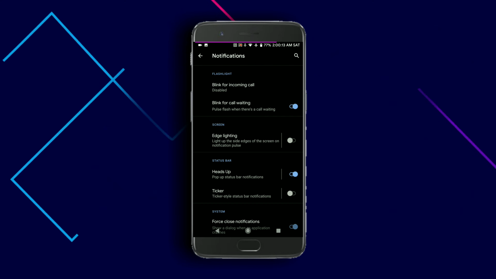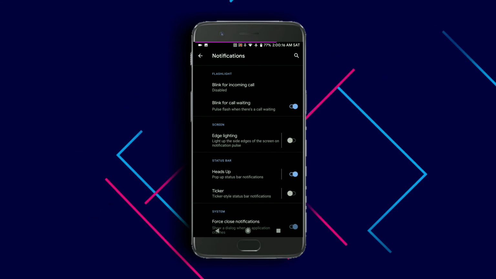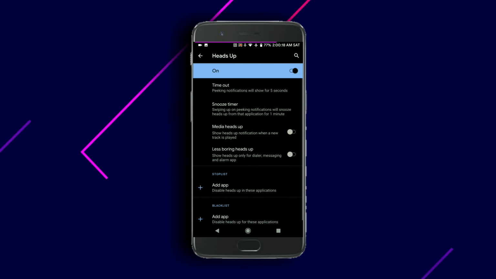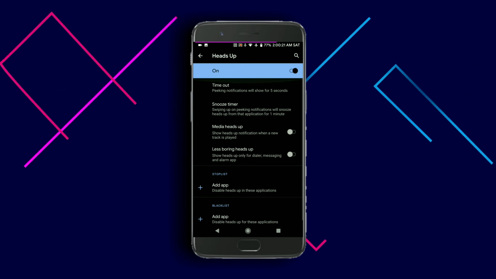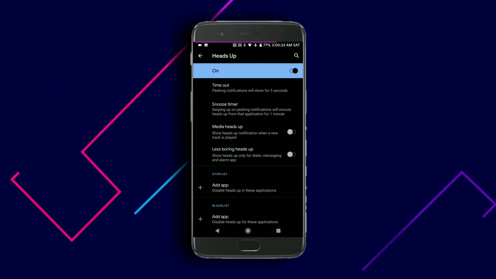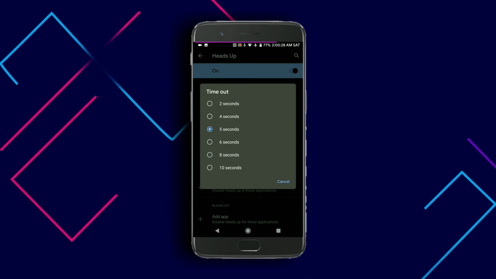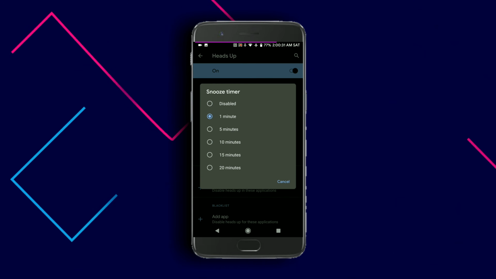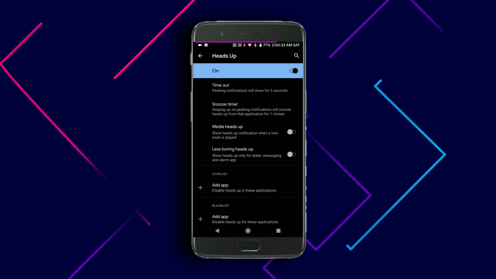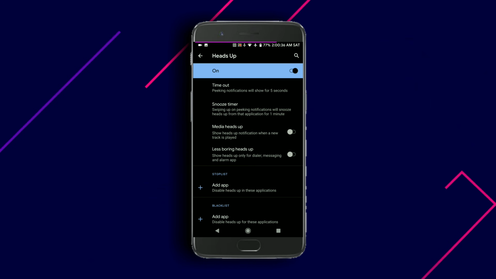Then we have got heads up notifications. As I mentioned earlier in the video, I personally don't like heads up notifications. I just disable them and turn on the ticker notifications. But if you are a fan of heads up notifications, then you can customize the timeout, how long the heads up notifications show up. Snooze timer, in case you don't know, you can just swipe up on the heads up